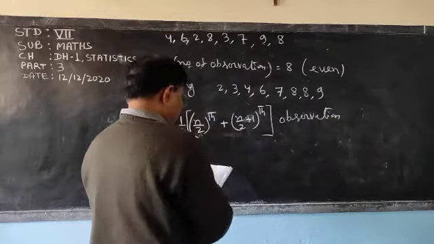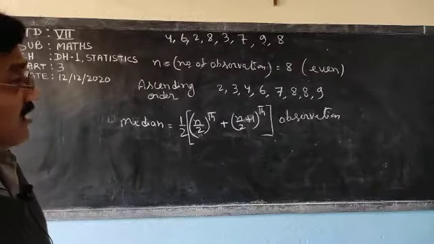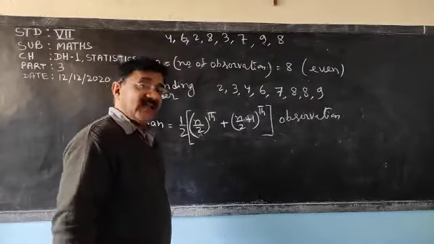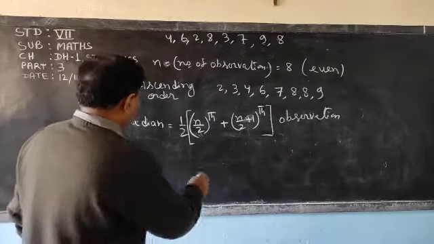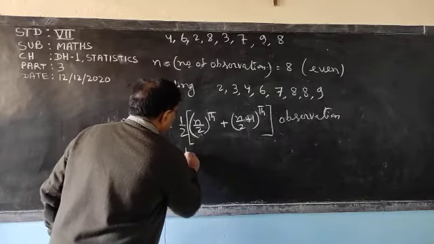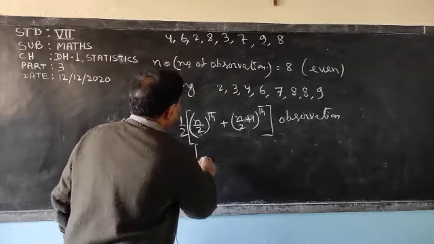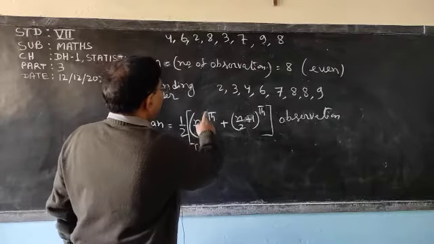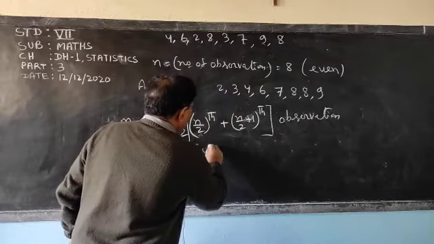See what I have written. If the number of observations is even, here it is 8, so 8 is an even number. So the median will be 1 by 2 into n by 2. N by 2 means what? N is 8. 8 by 2 means the fourth observation,